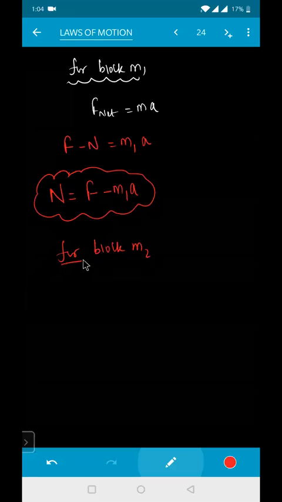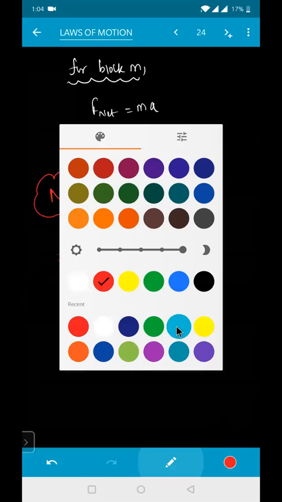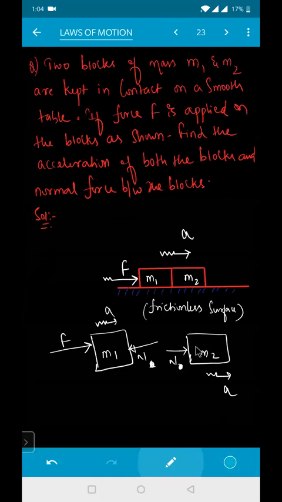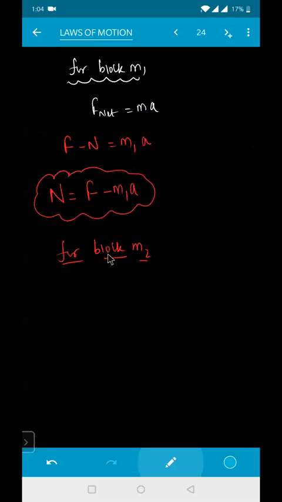m2। अब बताओ ब्लॉक m2 पे कितने फोर्सेस लग रहे हैं? ये देखो m2 पे कितने फोर्सेस लग रहे हैं? बताओ जल्दी से। खाली n लग रहा है ना? N इज इक्वल टू m2 इनटू योर a, क्योंकि मूव कर रहा है। So N will be equal to your m2 into your a, हो गया नॉर्मल इसमें।